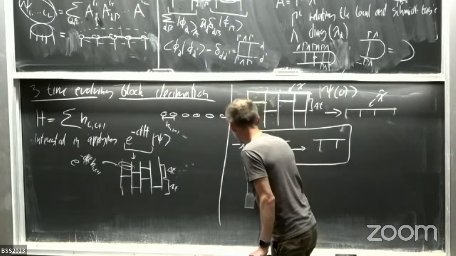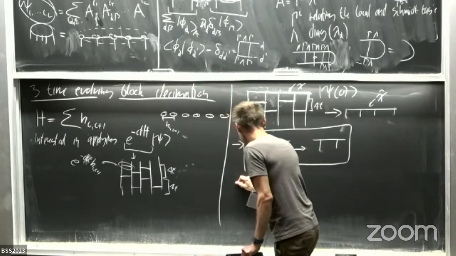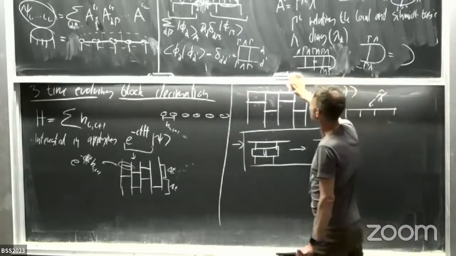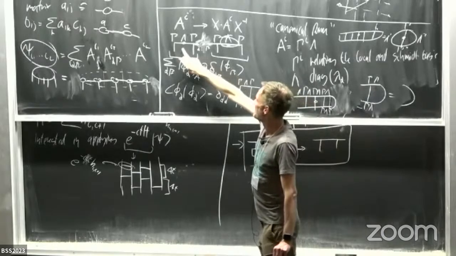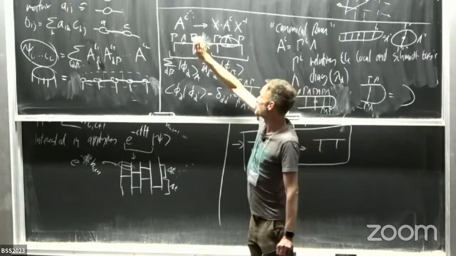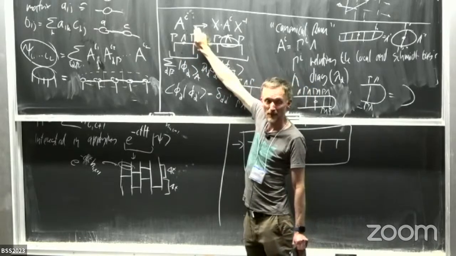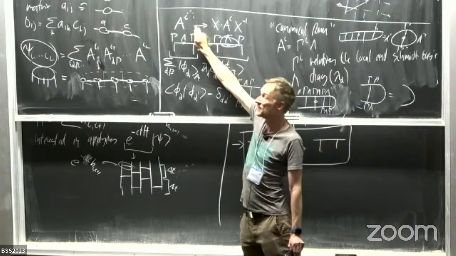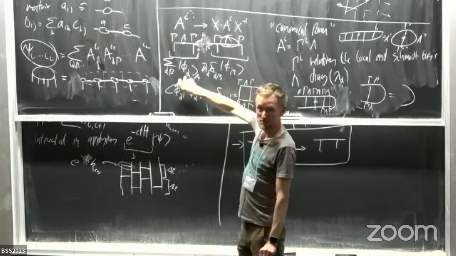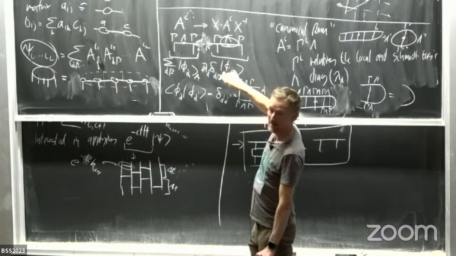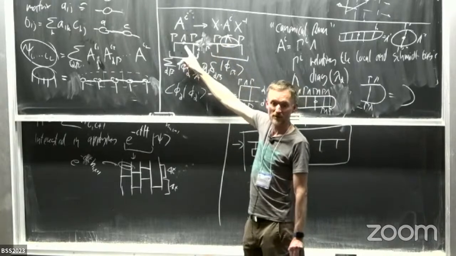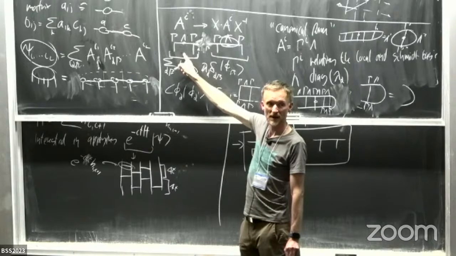Now, using the canonical form that I had before, I was pointing out that these gammas and lambdas are chosen in such a way that if we just cut a bond, this corresponds exactly to a Schmidt decomposition. If I contract all the stuff here on the left, I'm getting the Schmidt states. If I contract everything on the right, I'm getting the Schmidt states for this given bond, which form an orthogonal basis for this subspace, for this part.